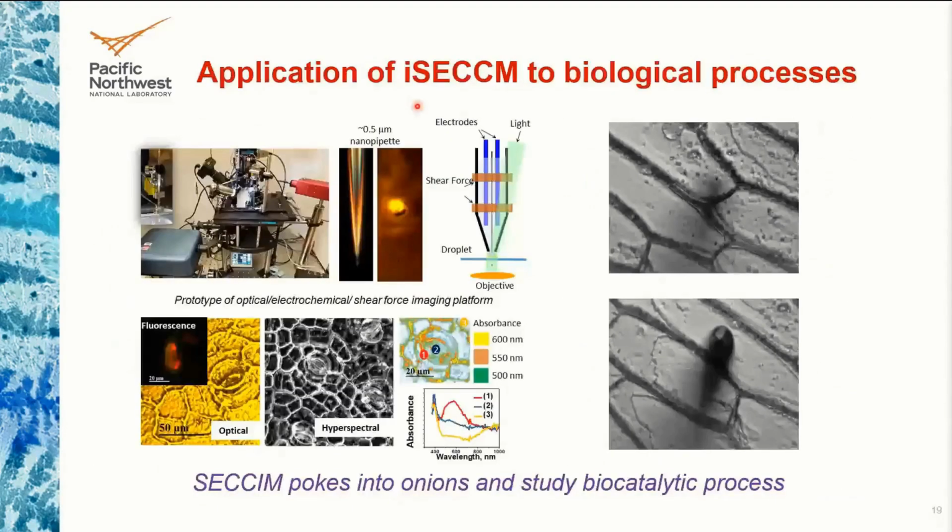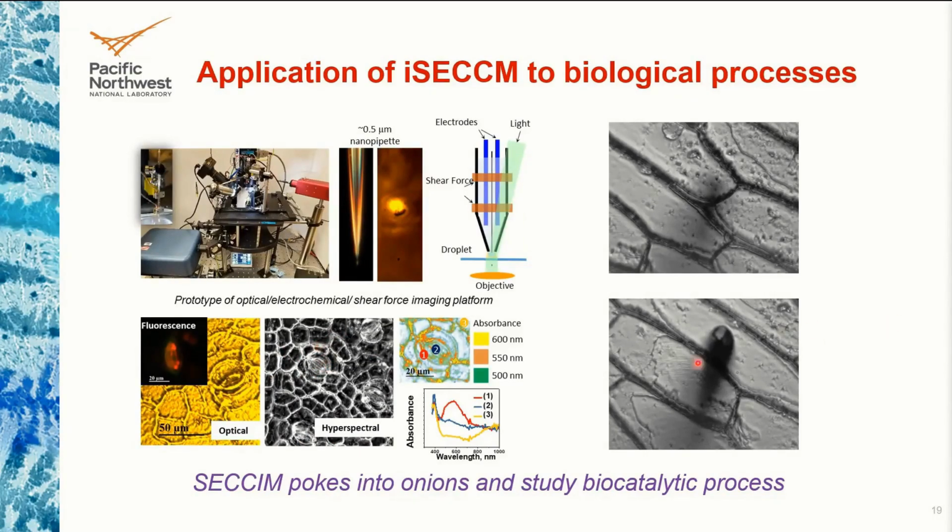of the SECCM platform is that we apply it to study some biological processes, particularly in onion cells, wherein we wanted to poke into the onion cell and understand the spectroscopic response. Herein, instead of fluorescence spectroscopy, we use a hyperspectral detector, which measures the absorbance signal of a certain region of the surface or the sample, and we can